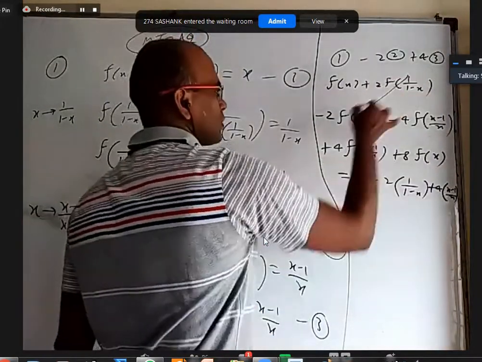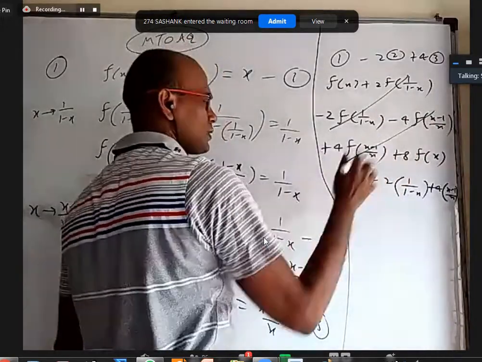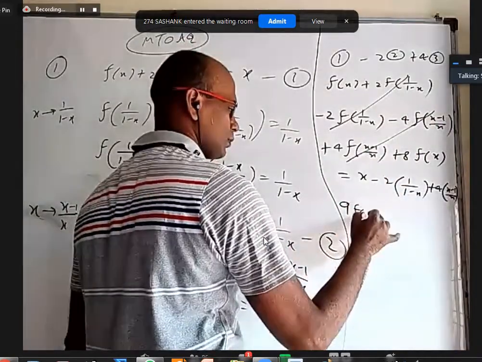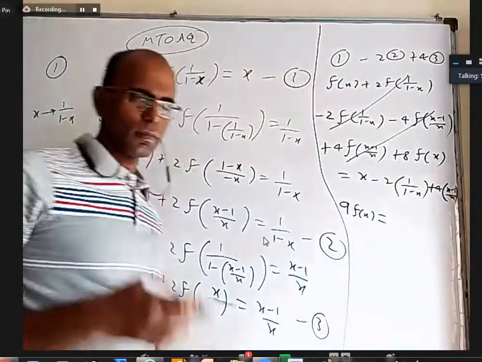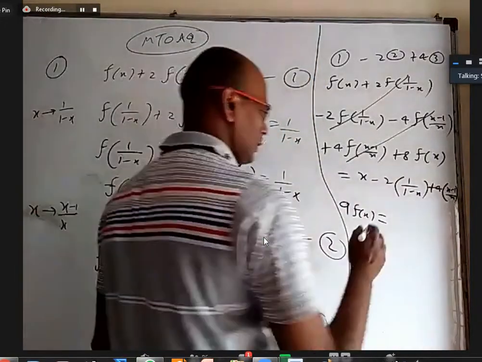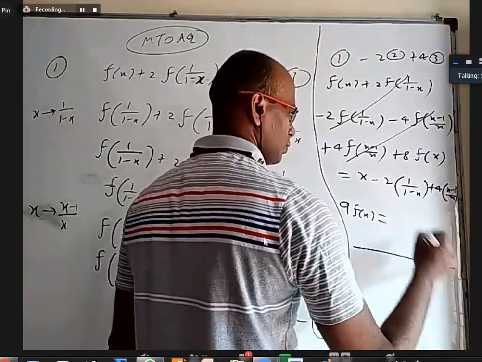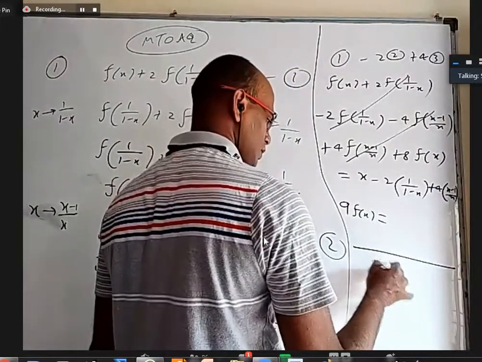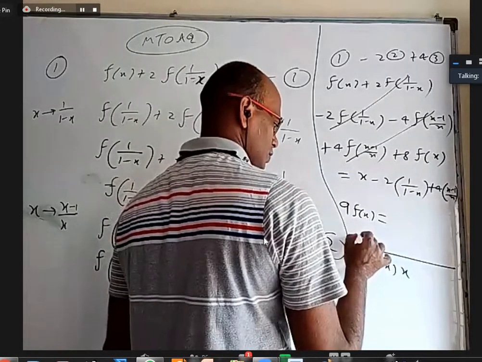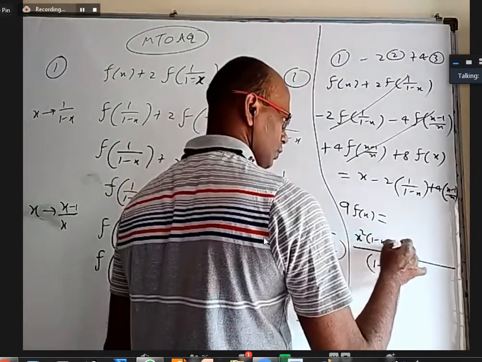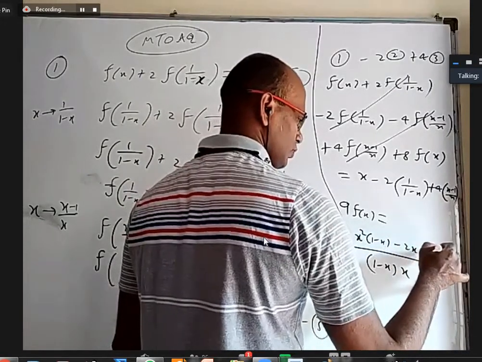Okay, so these two got cancelled, these two got cancelled. This plus this is 9 f of x. And whatever we simplify, I can take LCM or I can just leave it and it is fine. Let us say I want to simplify the total. I'll get 1 minus x into x down. Here I'll get x square into 1 minus x minus 2x plus 4 into